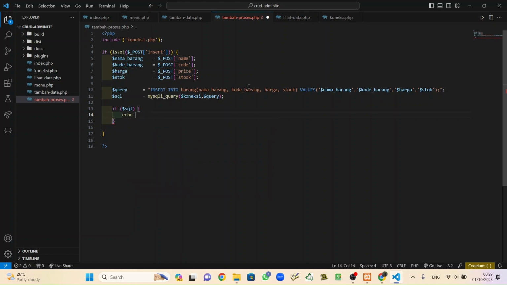Echo script. No, this is JavaScript. Window dot alert, data berhasil ditambahkan.